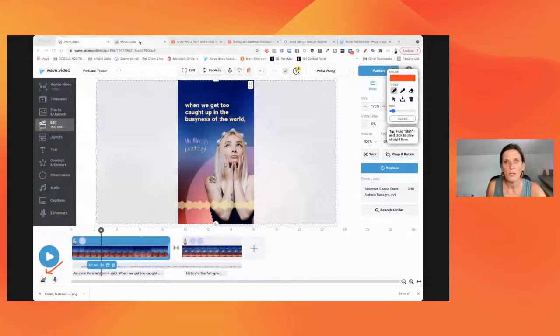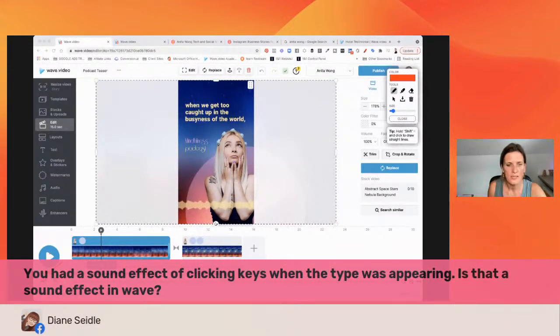So I'll answer some questions. Diana said, you had a sound effect by clicking keys when the type was appearing. Is that a sound effect in Wave? Yeah, so I think you mean like you had a sound effect by clicking keys when the type was appearing. Okay, so